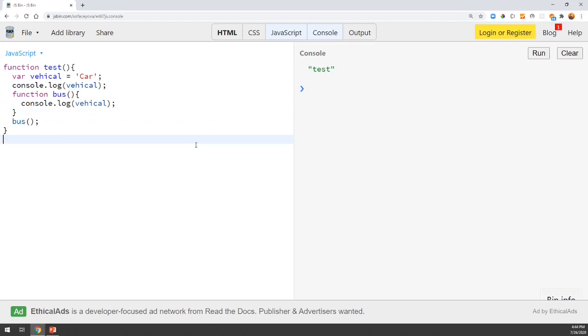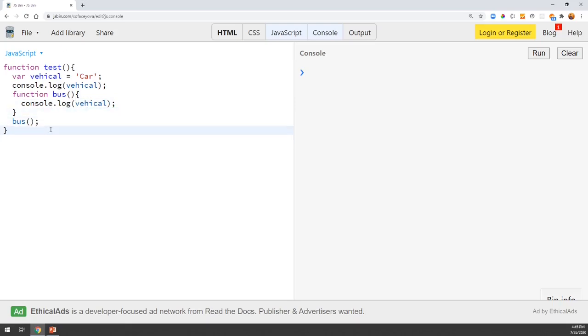Okay, so here we have created a test function. Inside that we have a local variable vehicle is equal to car. Then we console.log that vehicle. After that we have an inner function, which is function bus, that does console.log vehicle again, and we executed that inner function.